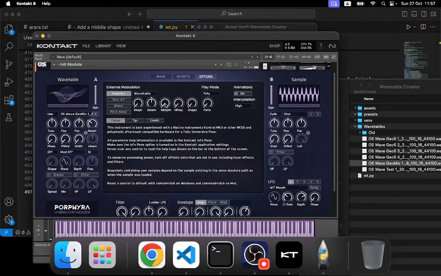So we go to the wavetable and we go to morph depth, as opposed to